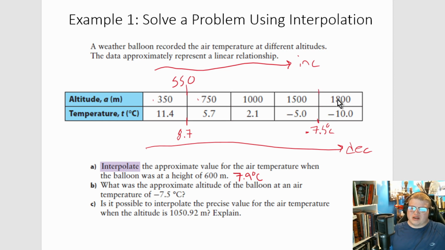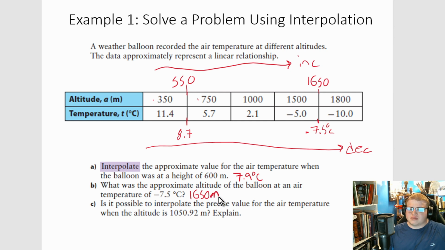1800 and 1500, there's a difference of 300 there. So if I go up by 150, that's going to give me the halfway. So 150 plus 1500 is 1650. And so because this is halfway, 1650 is actually the answer there. So at -7.5 Celsius, you're going to be at approximately 1650 or